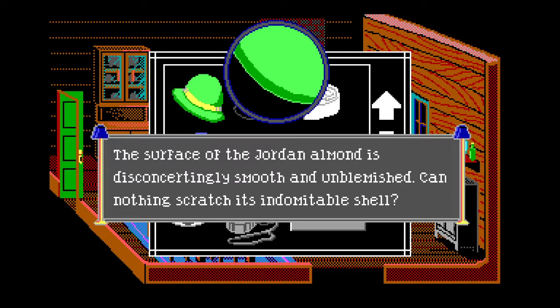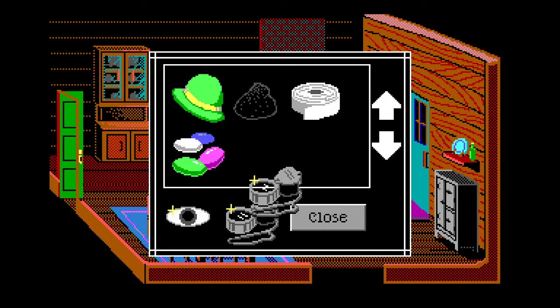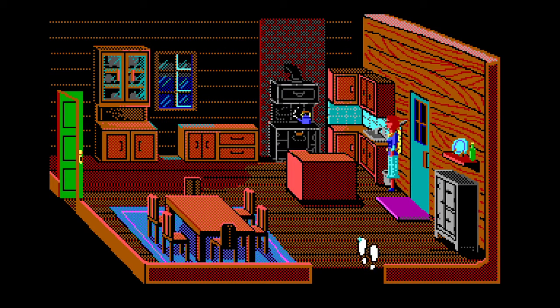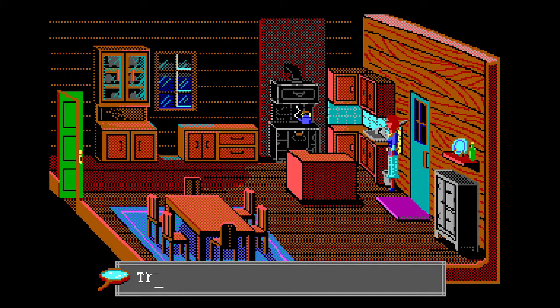Surface of the Jordan arm is disconcertingly smooth and unblemished. Can nothing scratch this indomitable shell? Replace fly paper with tape.